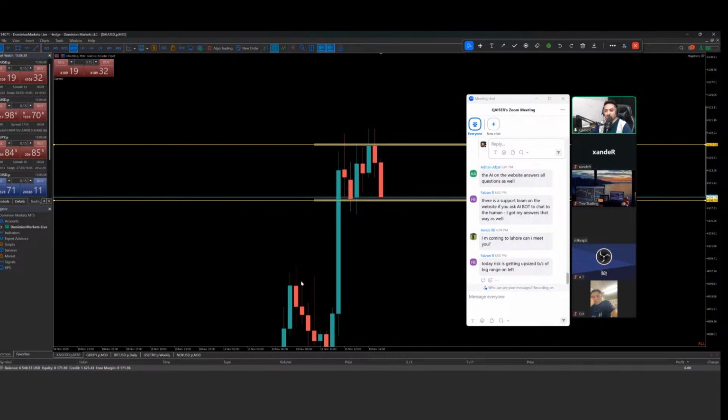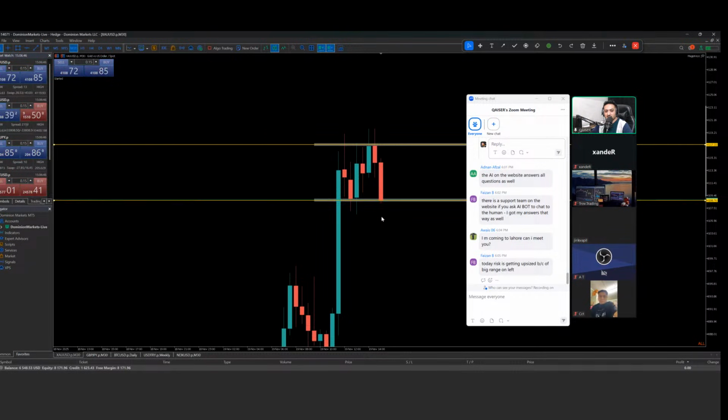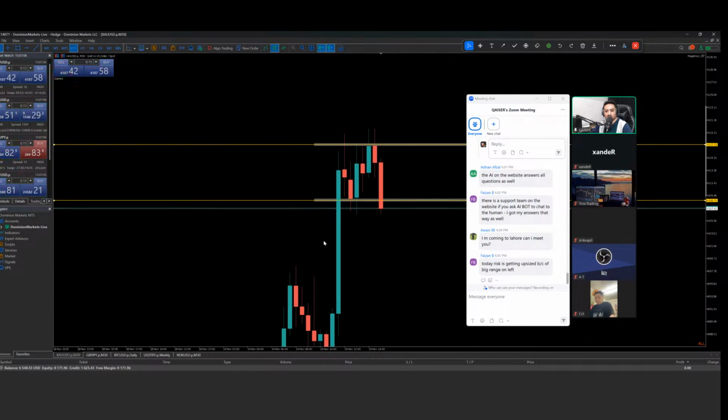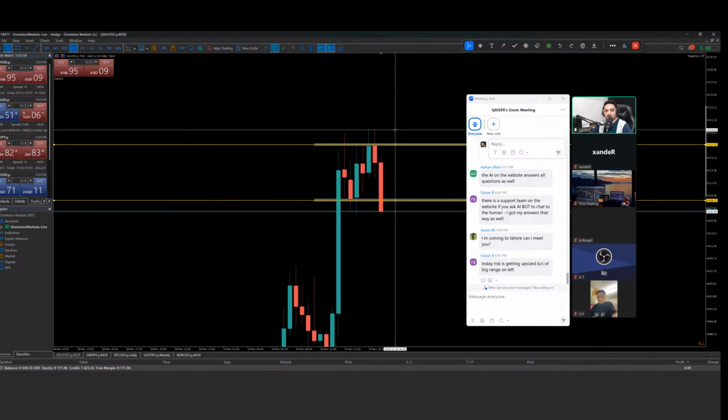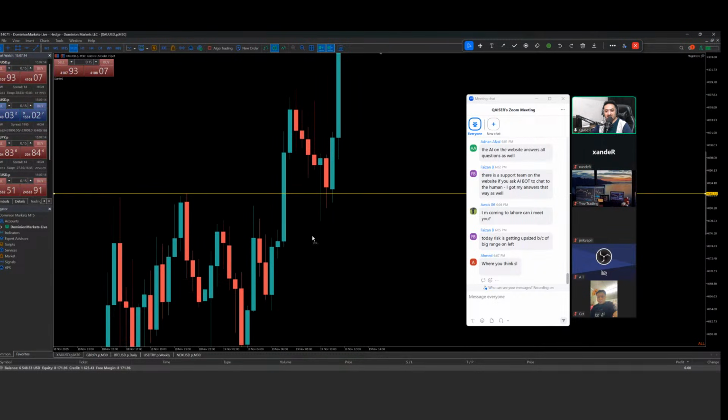I don't know why, but my gut feeling doesn't make me comfortable taking a sell as an impulse entry. If I want to take a sell, I would like to see this candle close below the support, give me some confirmation, then the next candle creates a wick and breaks the low. That will be more beautiful for the sell. So I would like to wait at least 15 minutes to break and close below the support area. For buys I'm more comfortable with an impulse entry because the market is continuously pushing upside.